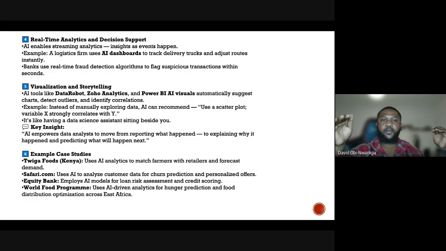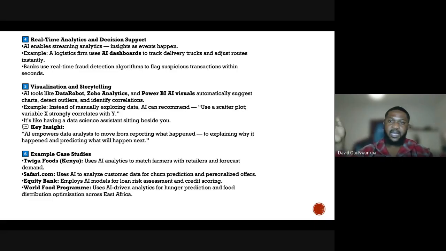So a logistics firm would definitely use AI dashboards with different Power Queries. If you're coding in SQL, there are SQL and Power Query scripts to help automate the data in real time. So you could prompt SQL or Power Query scripts on the DAX, where you can actually get the data from your CSV file or from your Excel sheet, and then it comes up in real time, in 15 minutes.